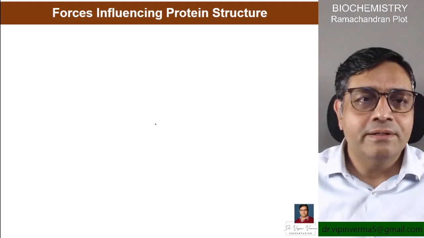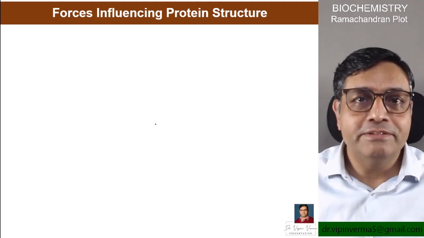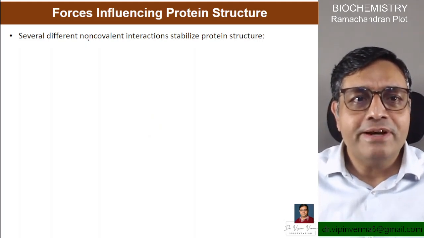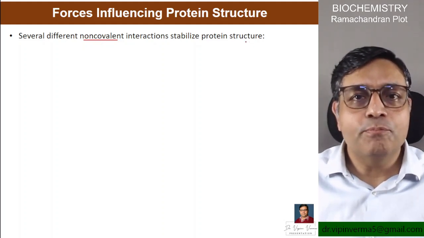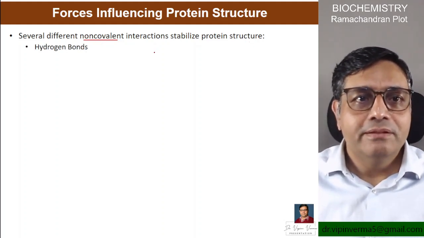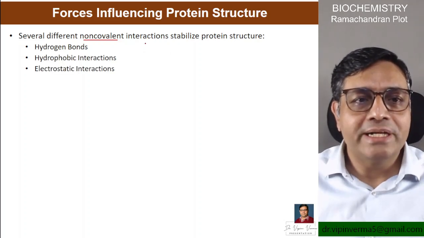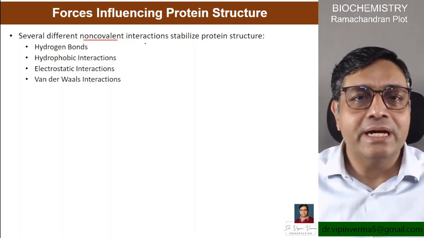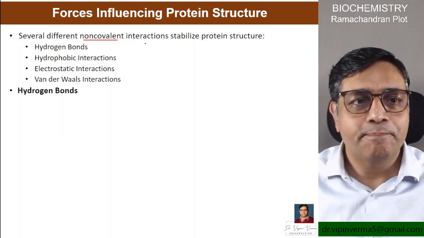Now let us understand what are the forces which influence the protein structure. So there are several different non-covalent interactions. We are talking about the non-covalent interactions which stabilize the protein structure. They are hydrogen bonds, hydrophobic interactions, electrostatic interactions, and van der Waals interactions. Now let us understand how they are important for the protein structure. So